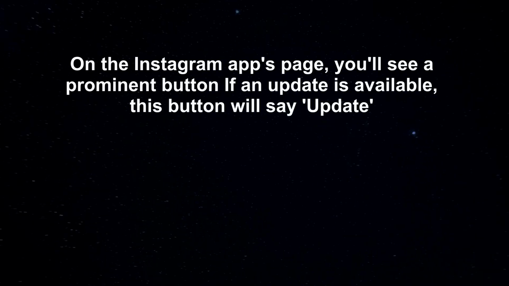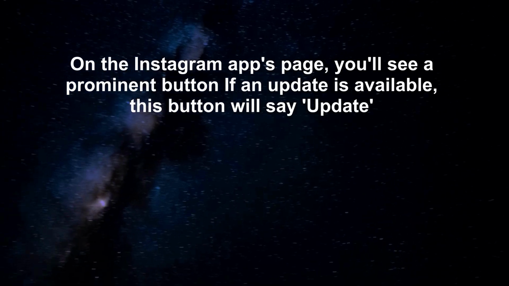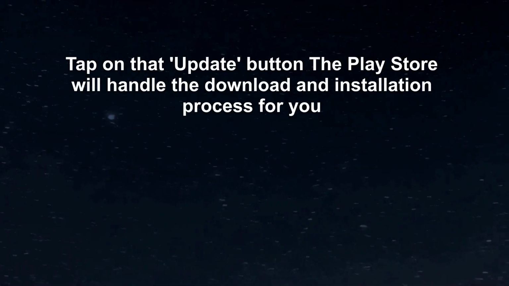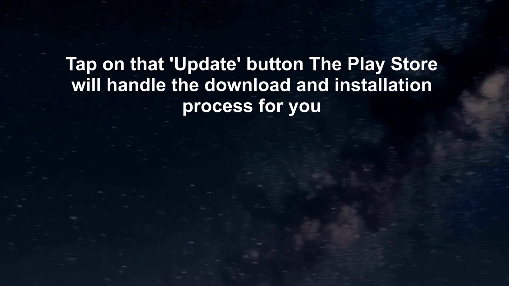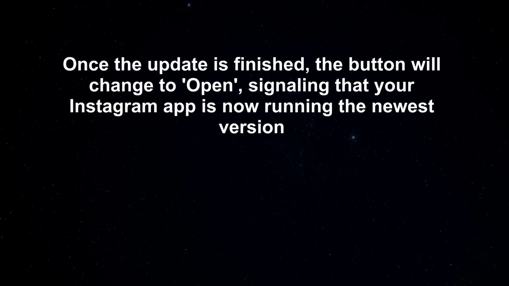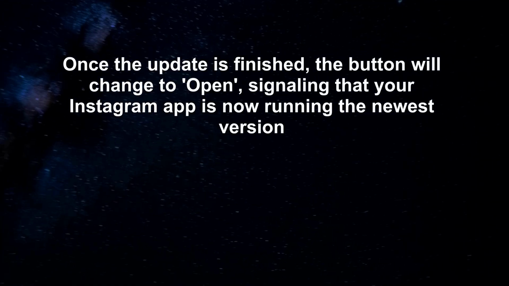On the Instagram app's page, you'll see a prominent button. If an update is available, this button will say Update. Tap on that Update button. The Play Store will handle the download and installation process for you. Once the update is finished, the button will change to Open, signaling that your Instagram app is now running the